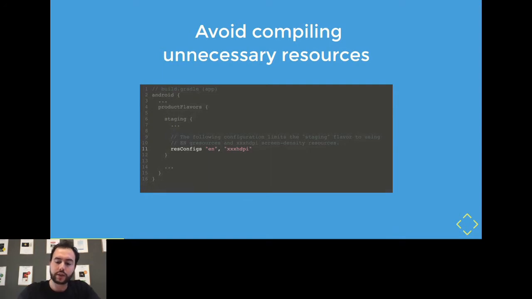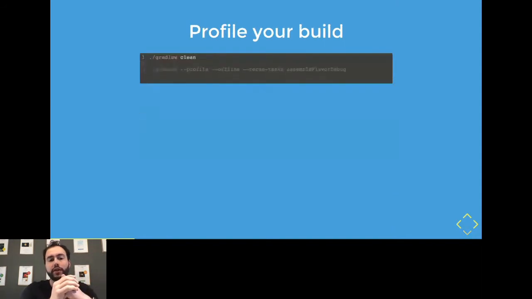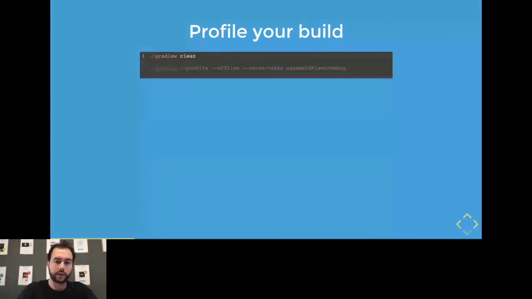However, all these optimizations are usually something that come via observation. And this is why probably the first and most important step is to profile our builds. This is something we can do with the Gradle profiler that's embedded in the tool. As you profile your build, first you should perform a clean, because after each build, Gradle doesn't recompute all tasks if some of them haven't changed. So the first step in profiling is to make sure that we start from a clean state. Then we should execute a debug build of the product flavors, such as dev or flavor in this particular case,